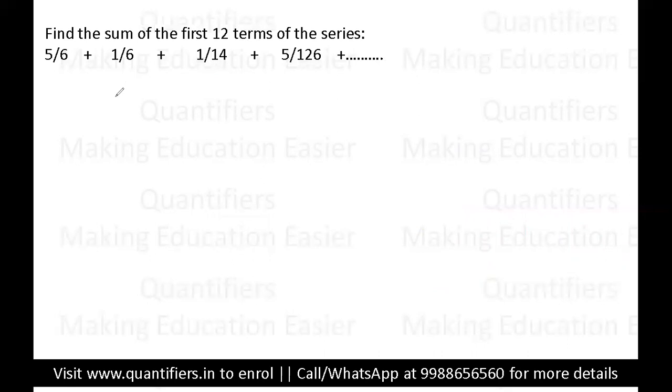So now what you can do is, see, if you look at the numerators, a couple of numerators have 5 in them, and the other two numerators have 1 in them. So now, students, what I did was, I tried to make the numerator same. मैंने numerator को same करने की कोशिश करी.